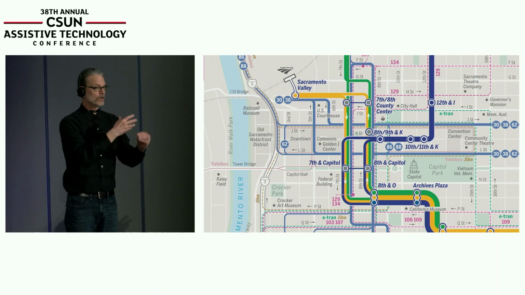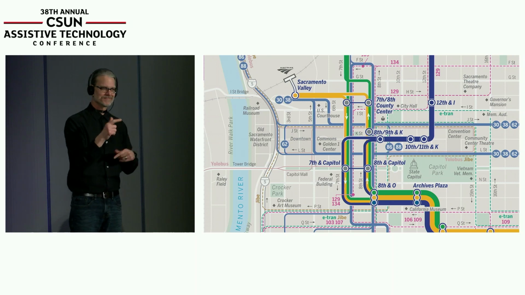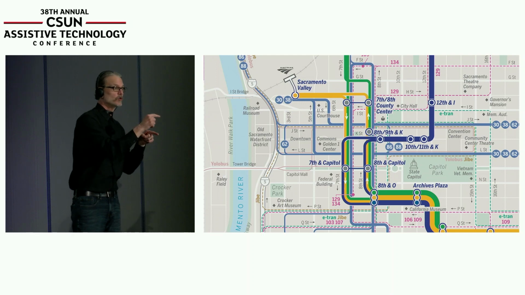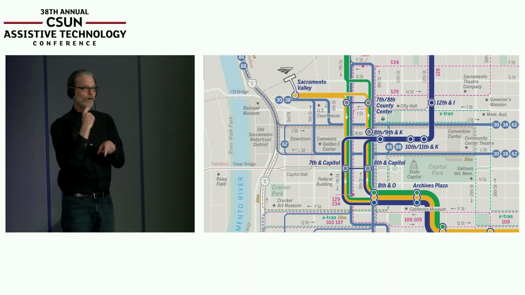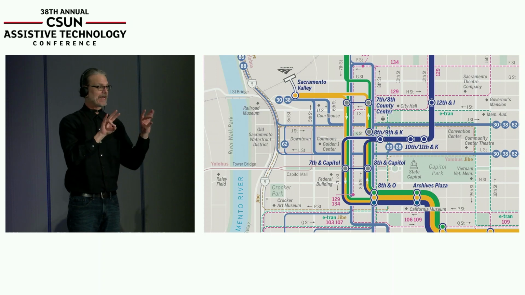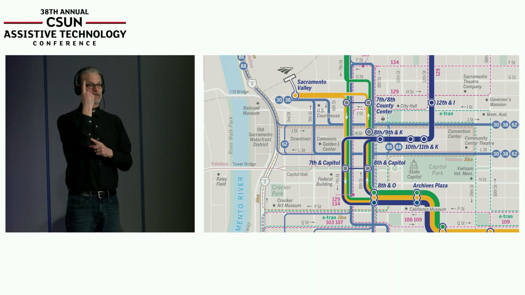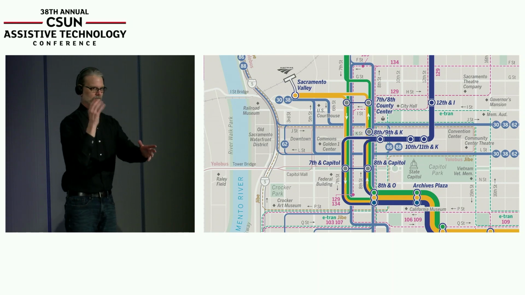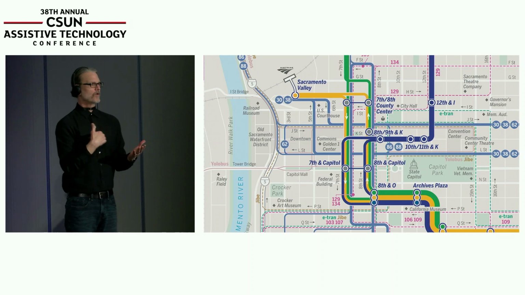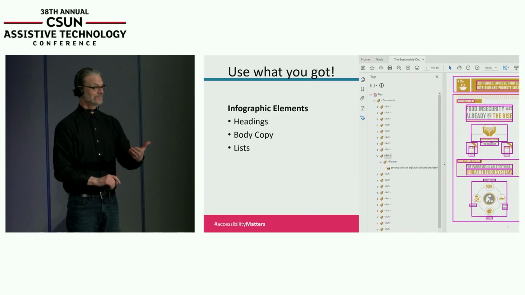Because their whole system runs on color. You get on the green line, or you get on the yellow line, or you get on the blue line. And if I want to stop, where do I want it to stop? I want to stop at 7th and 8th, the county center, right? Okay, well, I need to know which ones get me there. And so understanding that user experience, right? What do I want the user experience to be? What is the expected user experience? It totally dictates what approach you're going to take here, right?